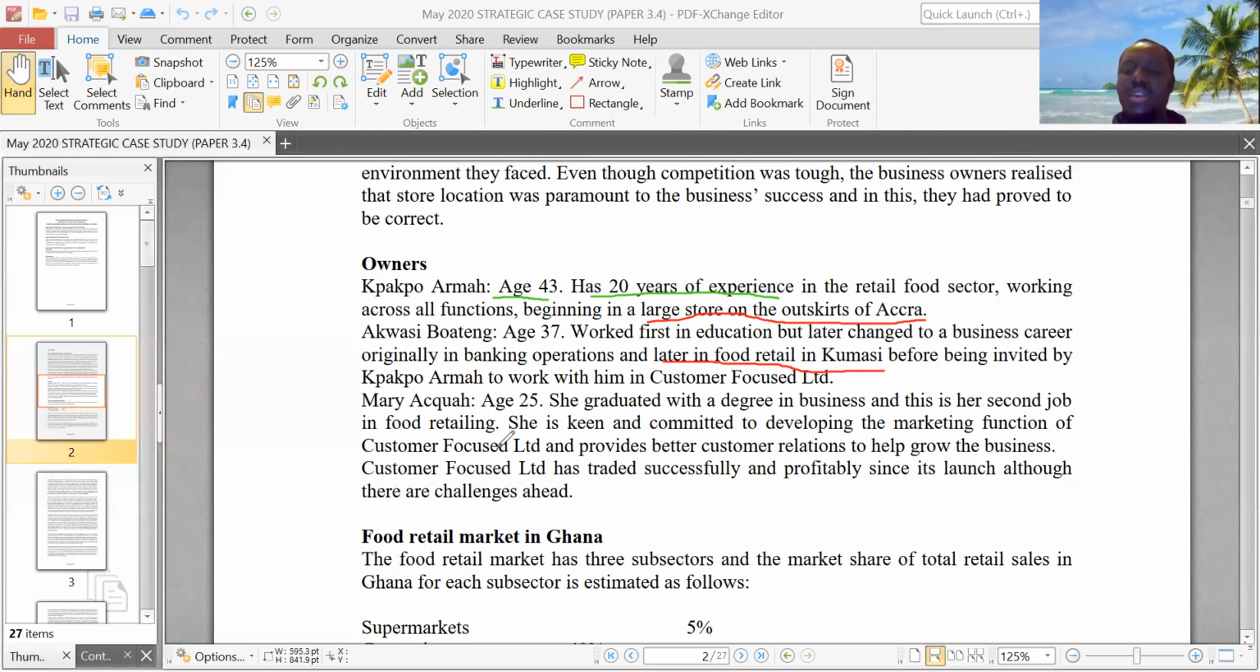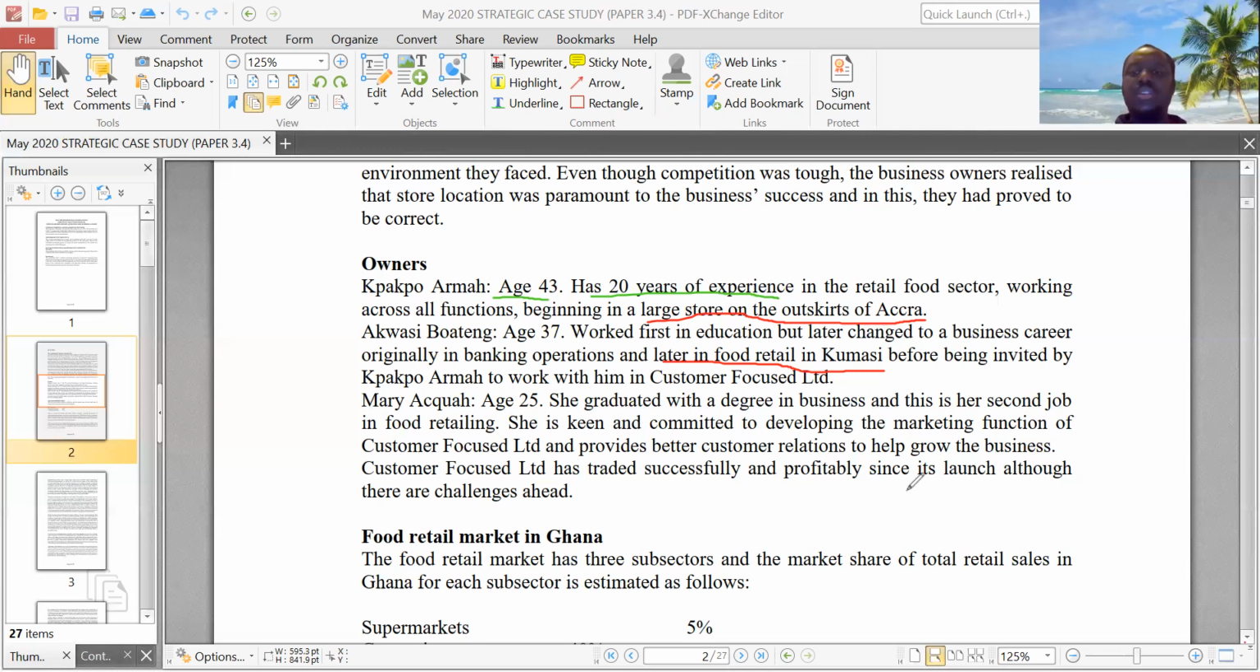So she doesn't have a lot of experience. And I'm wondering if she's going to be able to handle an entire marketing function of a new organization like Customer Focus Limited. So that's very, very important to note here. Mary Aqua is not too experienced. She's passionate though. And it says Customer Focus Limited has traded successfully and profitably since its launch, although there are